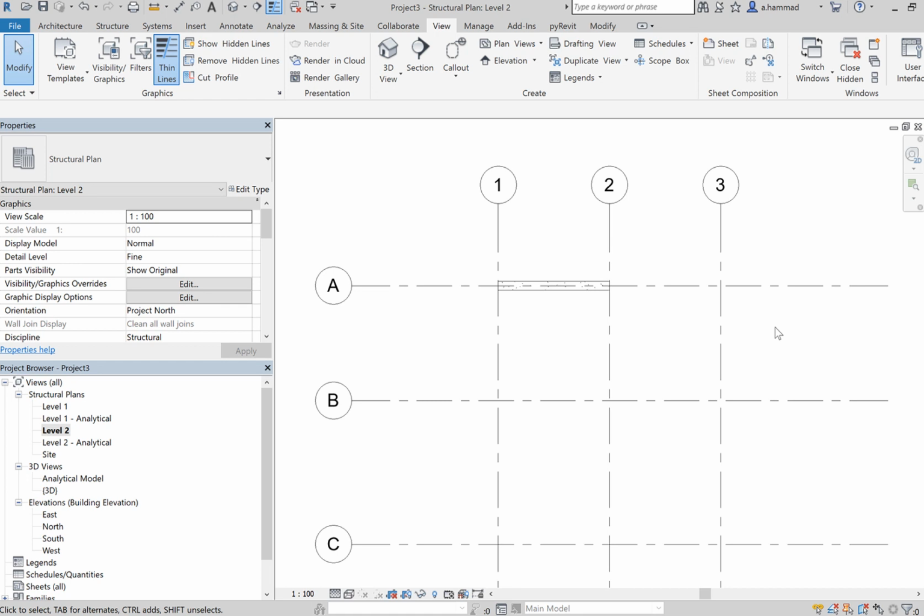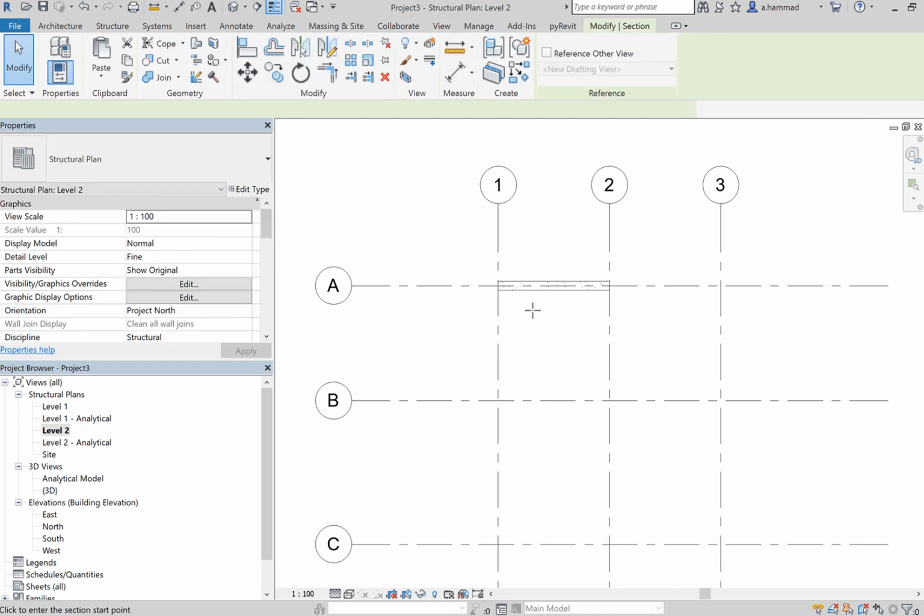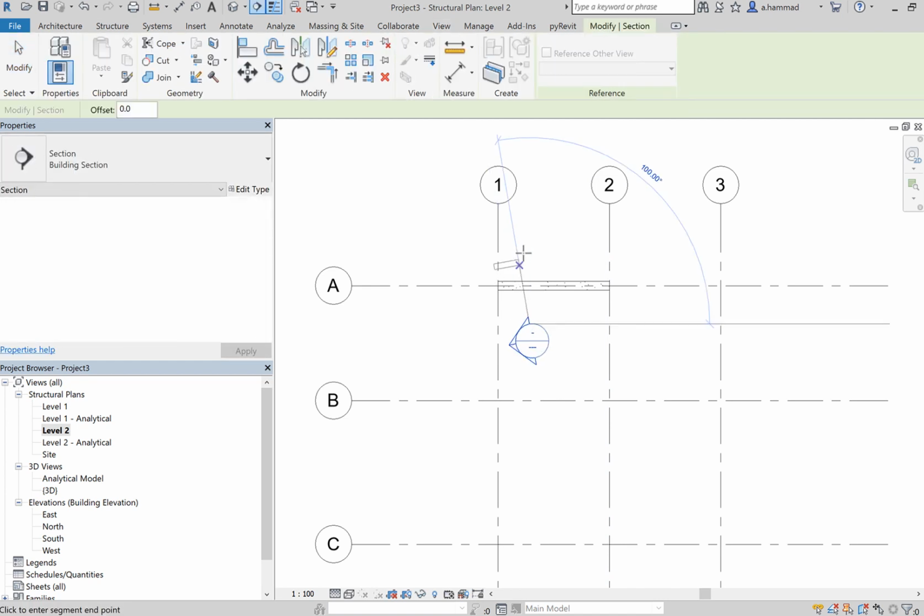In this video, I'll show you how to add reinforcement to your beam elements. Now the first step that we have to do is we have to add a section view. And to do that, under view, click on section. And let's add a section